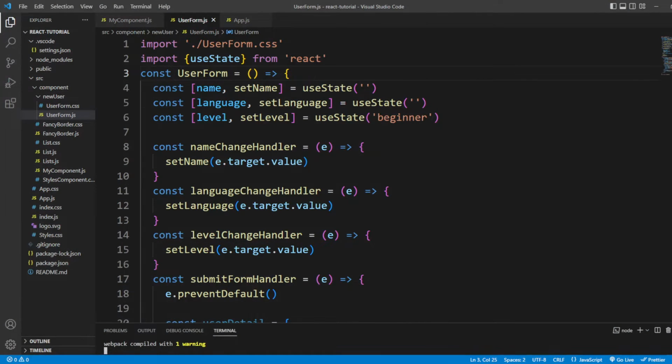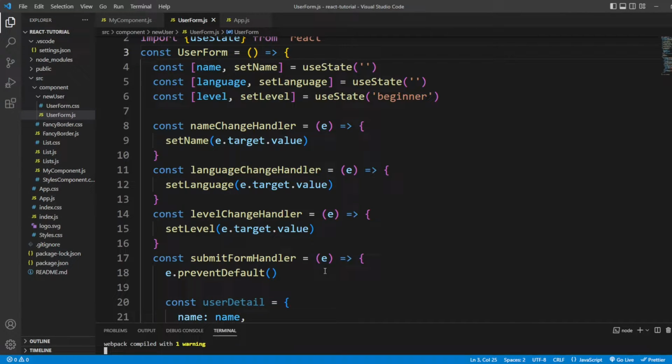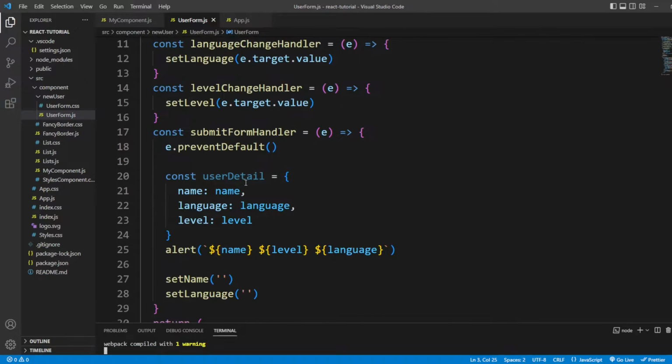It is also referred to as lifting state up, and here the state is data that could be a constant, function, variable, string or object. We learned form handling and submission in the previous video, please watch it if you have not already, and we alerted our submission data. Like if I fill this form, name Lily, language React, and the level is medium, and submit it, it alerts. Let's say I want to move the alert method into the parent component